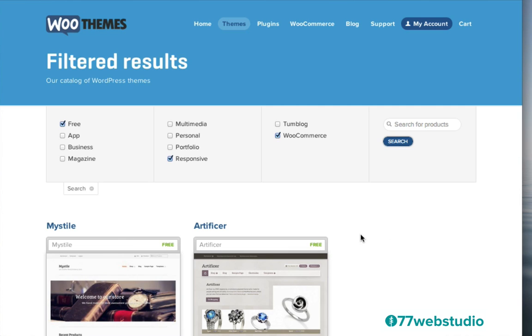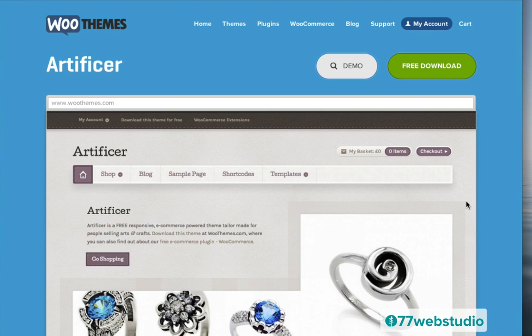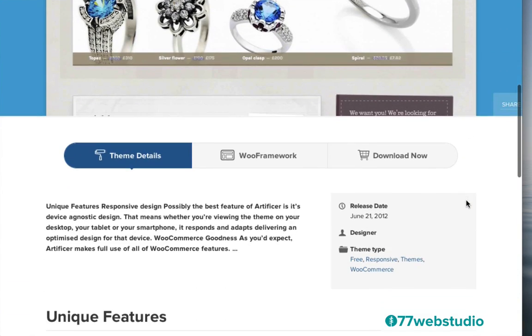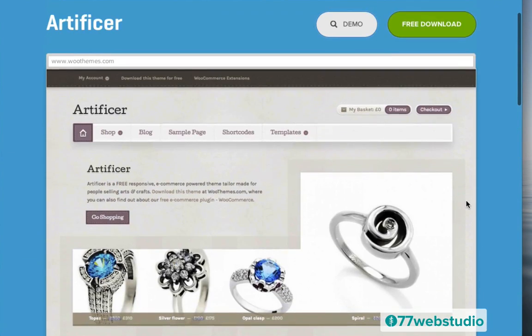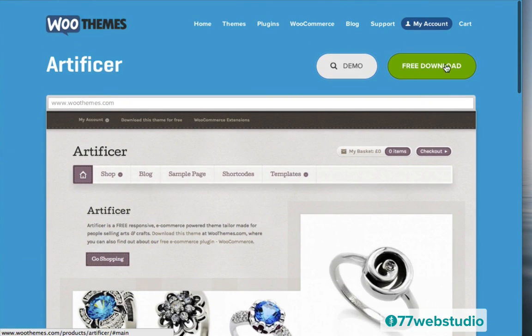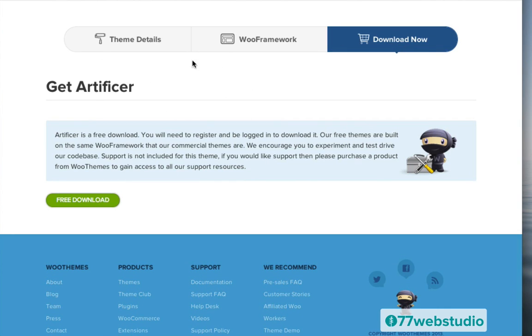So here you see the two different options that we have, the My Style theme and the Artificer theme. We'll be setting up the Artificer theme, so I'm going to click on this thumbnail right here for Artificer. And here we are on the Artificer theme information page. So you can read more about it if you'd like right here, but instead I am just going to click on this button here that says free download. Which brings us to another section here. Actually, instead of clicking here, I can click this green button here that says free download. So I'm going to click on free download.